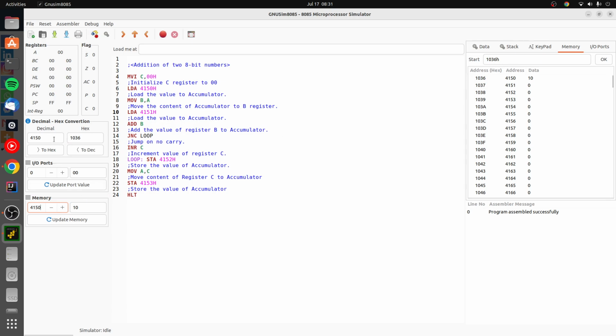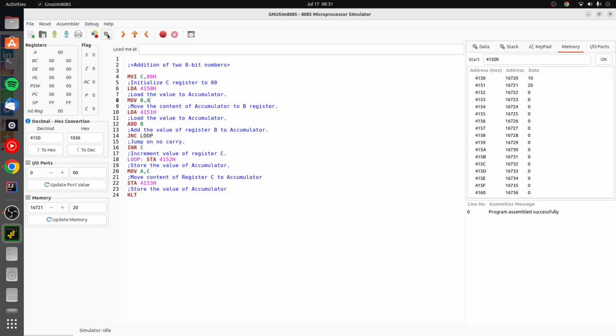So what we need to do is go to 4150 hex, and here the address in decimal is also shown. So we simply need to input it over here, 16720, and then update the value to 10, and here it is, right? And for the next number, that is our 4151 hex, we want to insert a value of 20. So 10 and 20, we have our inputs ready, and then what we can do is simply run